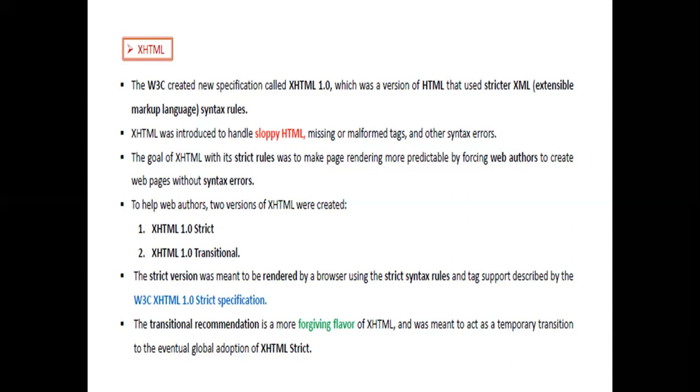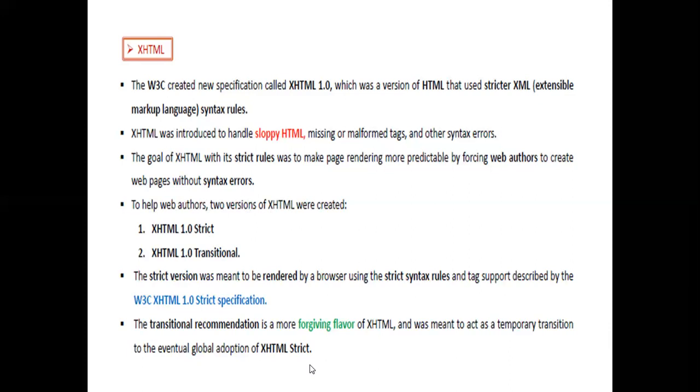So these are the two versions which we mention before writing your code. For that, one syntax is there, that syntax you need to add to your code. If you add it, then while your code is executing, if you are using strict, it will check the entire code. If there is any mistake in syntax or if you missed something, it will not give permission to execute your code. But in transitional it will give some warning, and then it helps to execute your code. So which one you want, you can choose. But now we are not using this version. This was all the history.